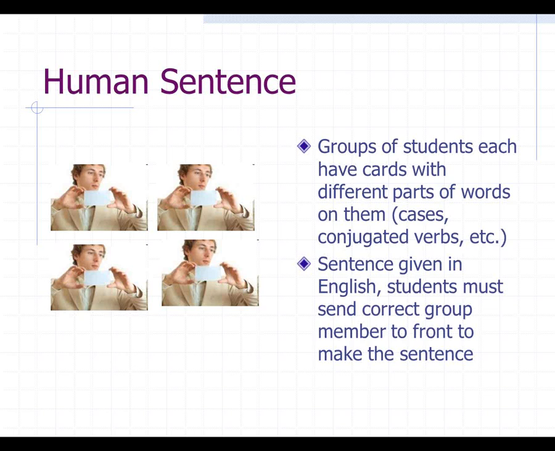Now you are sort of limited, obviously, because you can only make sentences out of those 5 or 6 words, but really you'd be amazed at the combinations you can come up with: 3 nouns and 2 verbs, especially if you put in "and" or prepositions. You can really make a lot of different combinations. Or if you just do pairs of students instead of 3s and 4s, you could have 10 or 12 words to make sentences out of. That would just require, obviously, a lot more prep work.